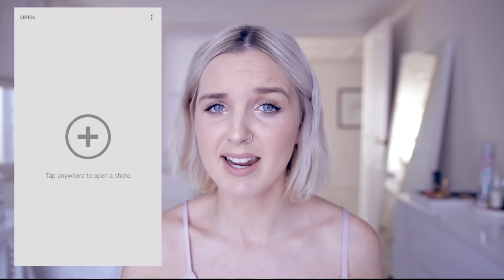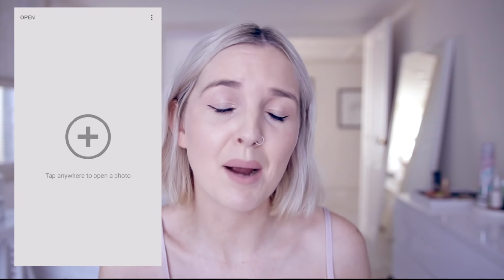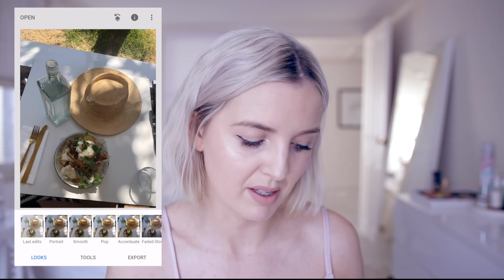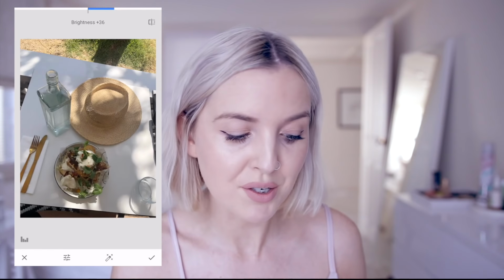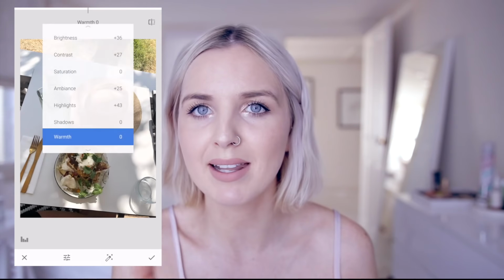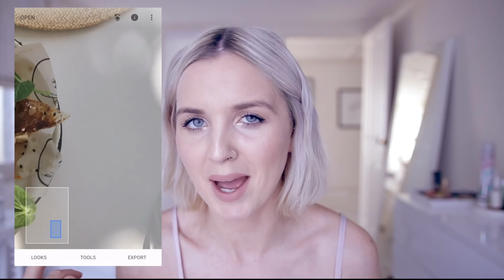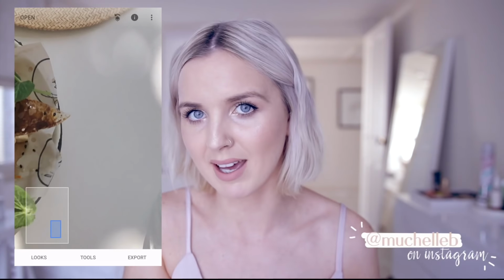It just gives me a basic edit for any Instagram photo. I really like how easy it is to edit in Snapseed. That's my favorite thing about it. I won't walk you through how I literally edit an Instagram photo. It's usually just upping the brightness, upping the contrast. We want some ambience in there too, highlights. I think it's something about being able to scroll to the side to tune your settings. It makes a difference. I prefer using that for any basic edits